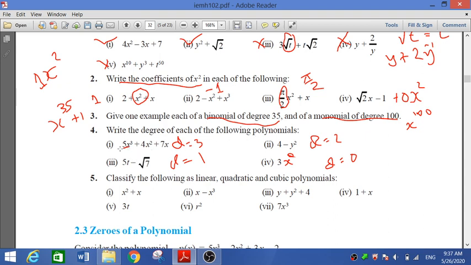So here three terms are there. Highest power is called degree. So the highest power is 3. So 5x to the power 3 plus 4x square, so degree is equal to 3. Here the highest power is 2, so here we have to write degree is equal to 2. Here highest power t to the power 1, so degree is equal to 1. Here 3 is a constant term. Yesterday we discussed this constant polynomial or zero polynomial whose degree is 0.